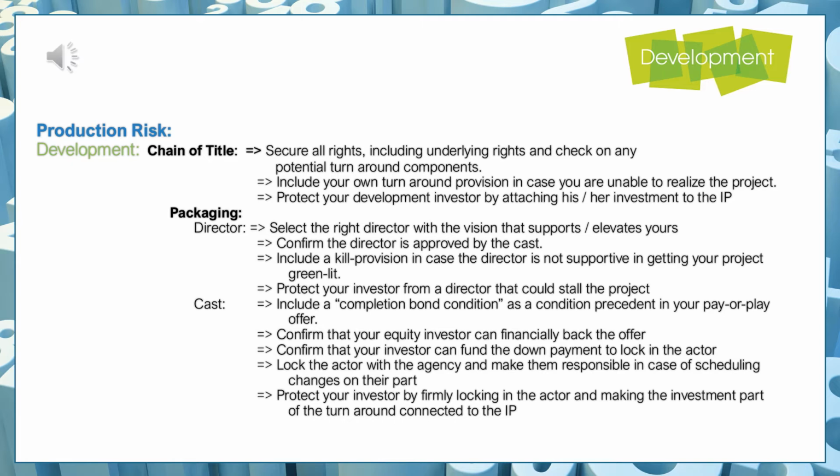This agreement is also part of our development cost participation, our turnaround cost. So it is part of our production risk. And the risk here is that we will not be making the movie and that we might owe the director and the cast what we have engaged them under, meaning whatever the remuneration is that is mentioned in the agreement for the cast and the director might have to be payable. We might have to pay it, even though we're not making the movie. So we need to make sure that we have a turnaround provision that in case someone else would ever make the movie because we couldn't make it, will then reimburse these costs to us.